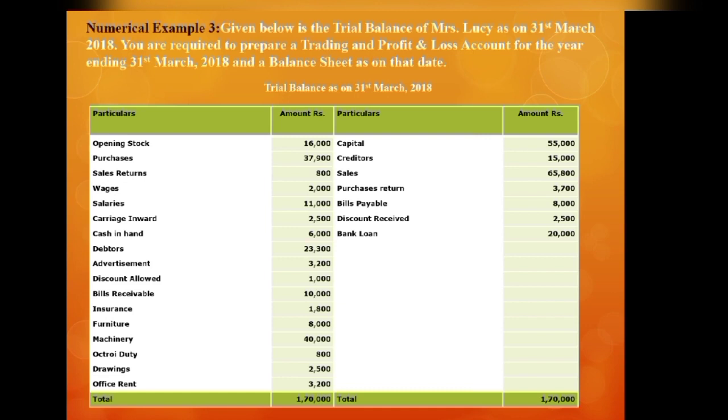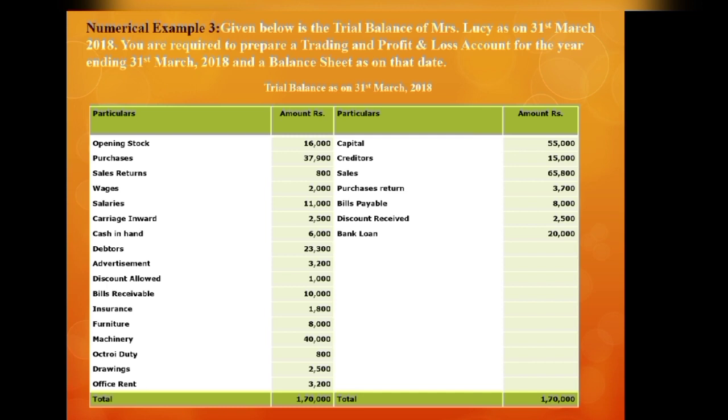Cash in hand is a current asset and therefore it will be shown on the asset side of balance sheet. Debtors is also an asset, therefore it will be shown to the asset side of balance sheet. Advertisement, this is an indirect expense, that is the expense on selling, and therefore it will be shown to the debit side of profit and loss account. Discount allowed is also an indirect expense and therefore it will be shown to the debit side of profit